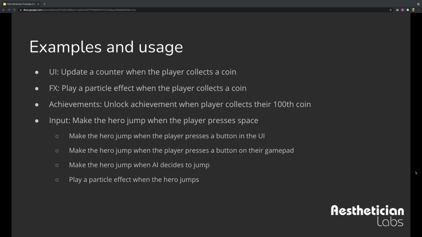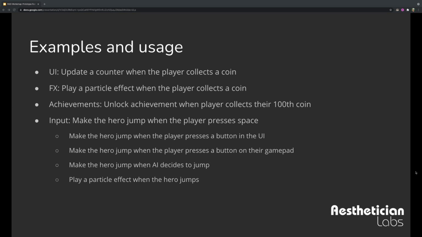And especially in input, this is where you actually see the observer pattern used the most, and often you have been using the observer pattern, you just haven't noticed, especially if you're using Unity, with either their new input system or Rewired or any of the other kind of input improvement systems. So when the player presses space, we emit some kind of jump event, right? We convert that space key into a jump event, and then the player will jump when there's a jump event. The input system emits the jump event when space is pressed.